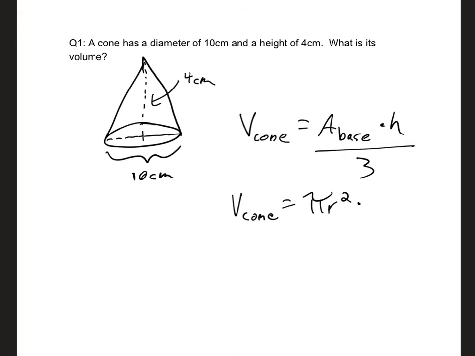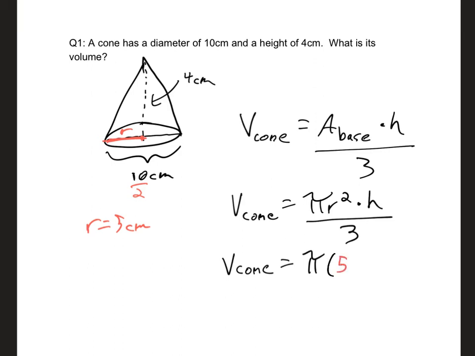We're going to multiply the area of that base by the height of the cone, and then divide that by 3. So let's see. What is the radius? Well, we know that the diameter of the cone is 10 centimeters, so the radius is going to be half of whatever that diameter is. So therefore the radius is going to be